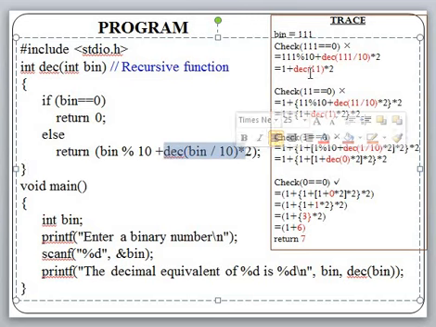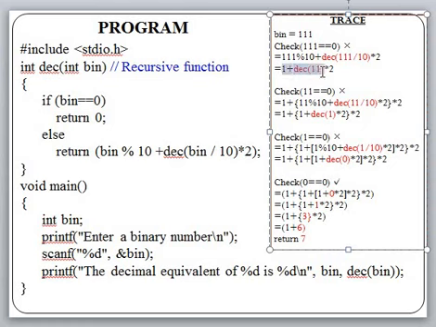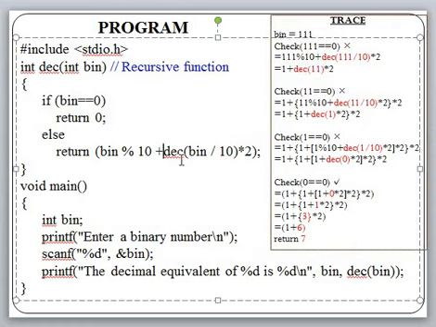So now you can observe here in this program the function call is with DEC 11. So when DEC 11, the control jumps from this part of the program to this function definition, again to this line, where it will again enter into the body of the loop with 11. What is bin? Bin is 11. So 11 is compared with 0. Is 11 equal to 0?